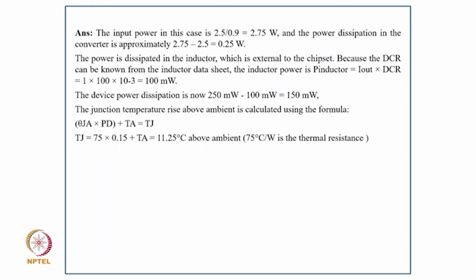So device power dissipation is now 250 milliwatt minus 100 milliwatt, that's 150 milliwatt. So junction temperature rise above ambient is calculated using the formula theta J into PD plus TA, that is TJ. TJ is calculated from here, it comes 11.25 degrees Celsius above the ambient at 75 degrees Celsius per watt in